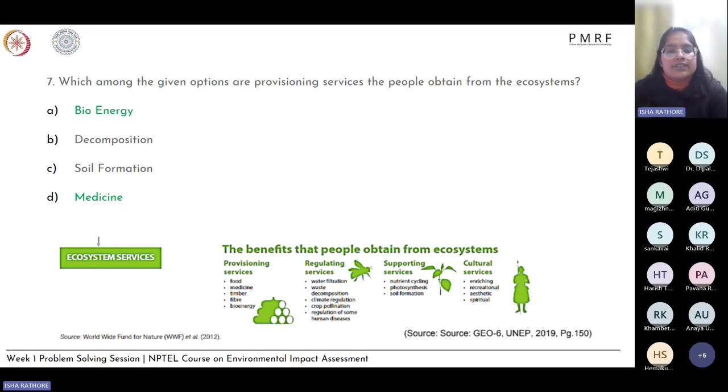So we have different kinds of services which we obtain from the ecosystem. First we have the provisioning services, which are things that we directly obtain from the ecosystem. So we get things like food, medicine, timber, fiber, bioenergy. These are things that you directly procure from the ecosystems. Then you have regulating services, which help in the regulation of the natural cycles. So you have water filtration, waste decomposition, climate regulation, crop pollination, regulation of some human diseases. Then we also have supporting services, which are nutrient cycling, photosynthesis, soil formation, which support the functioning of